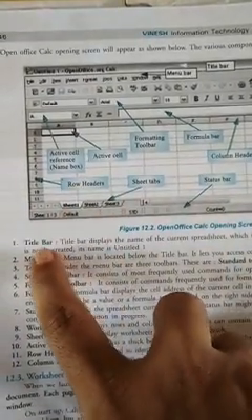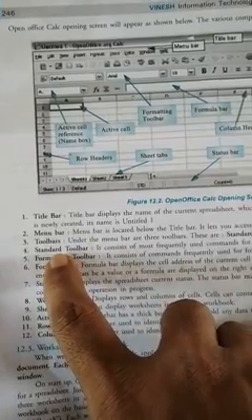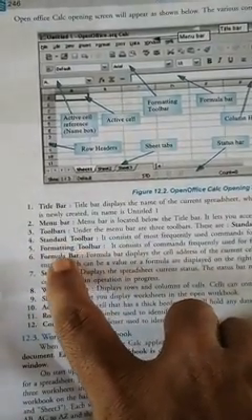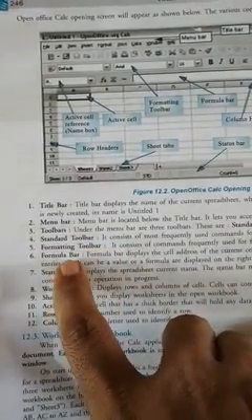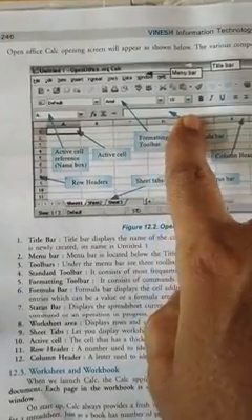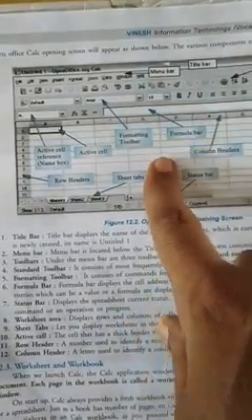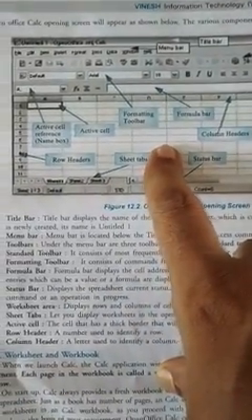Next, there is the title bar, menu bar, standard toolbar, formatting toolbar, and the formula bar. Here we can use formulas and functions. There is a basic difference between formula and function.